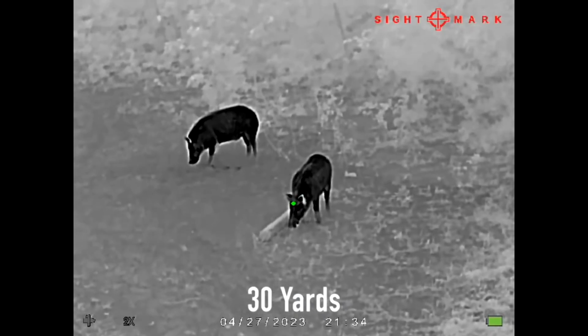Let's get to the specs. First thing you need to know, this is a sub $2,000 thermal scope, and it's feature packed. We're going to go over all those, but you're now able to get really good thermal quality optics in that $2,000 price range. So the exact price,